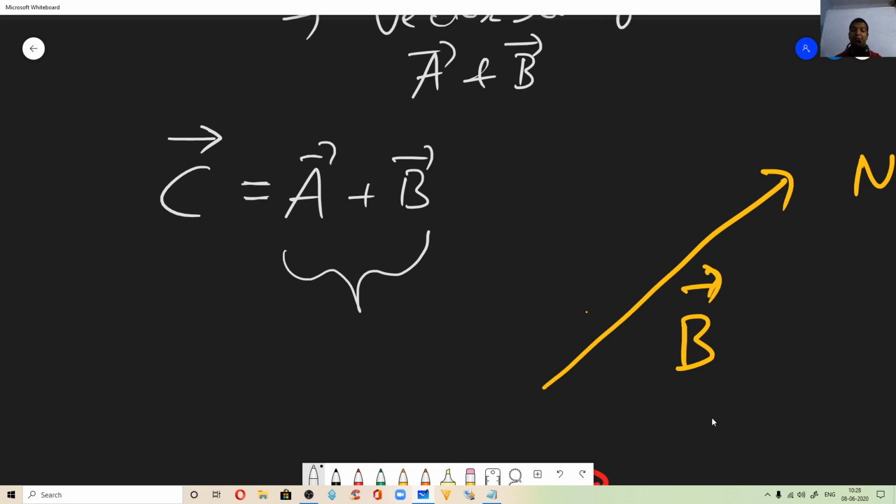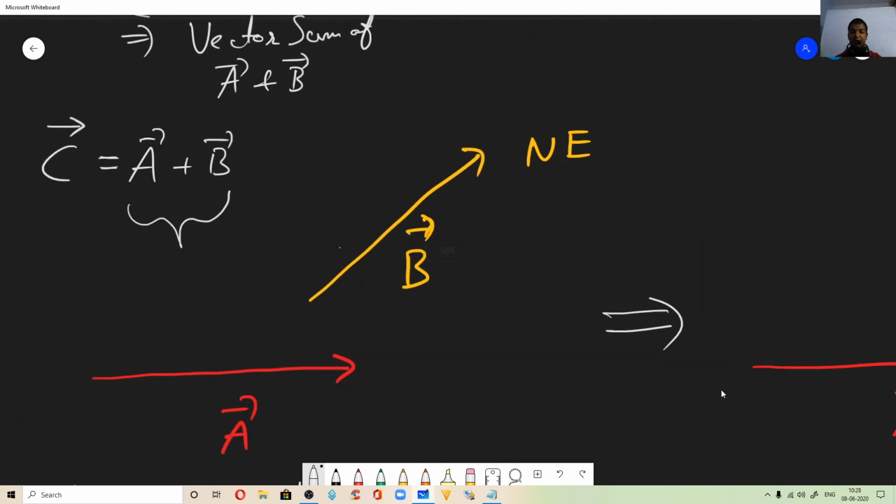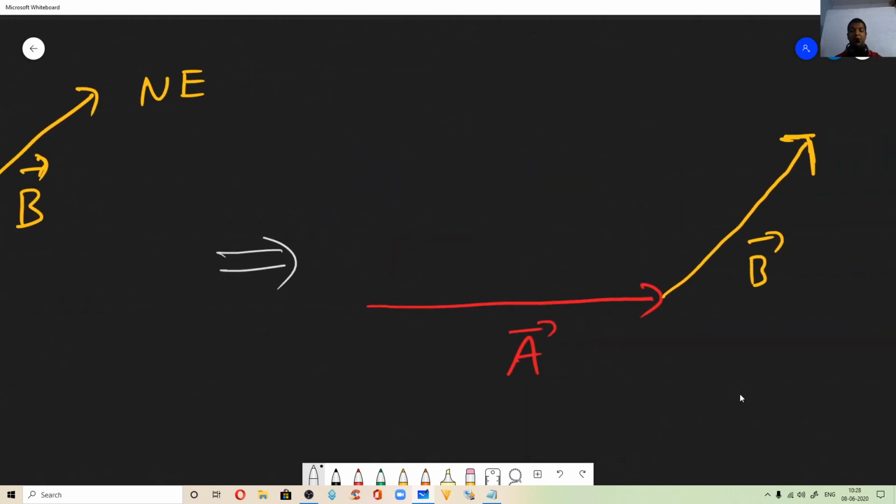Now how to represent this C, here lies the trick, you need to remember this. We will arrange the given vectors. For the time being, I have taken two vectors. We will arrange the vectors so that they are aligned head to tail. What it means is the head of vector A has to be placed where the tail of vector B begins, or you can say the tail of B and head of A are meeting here.